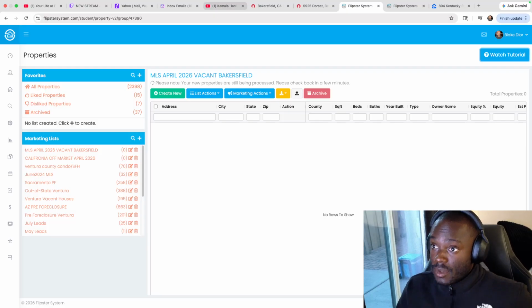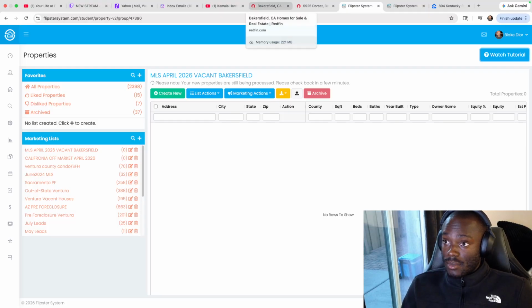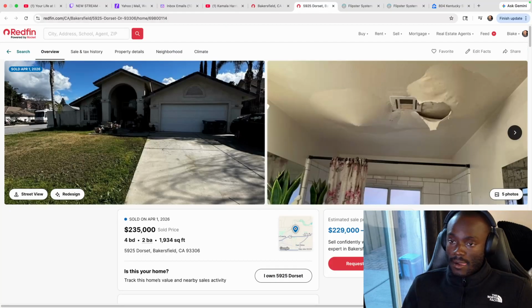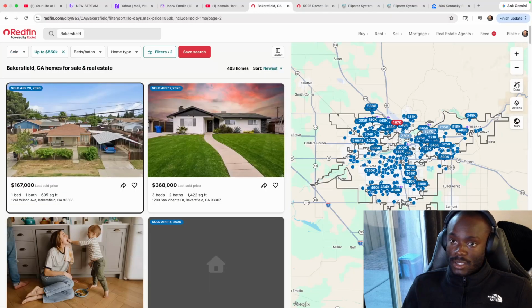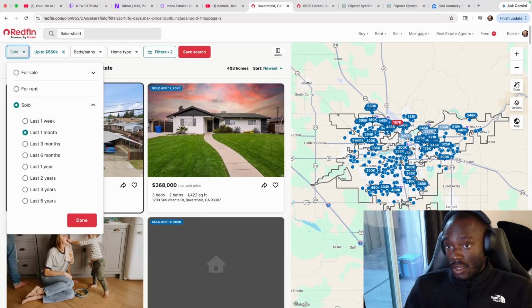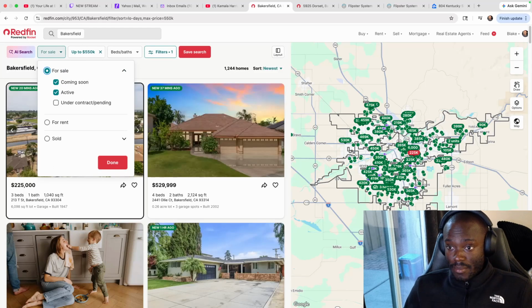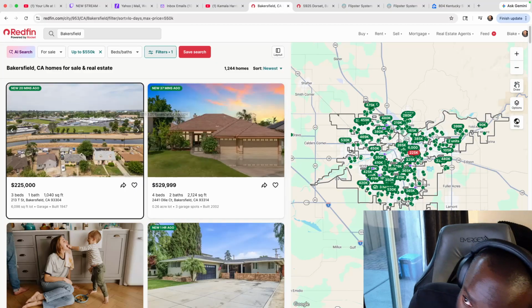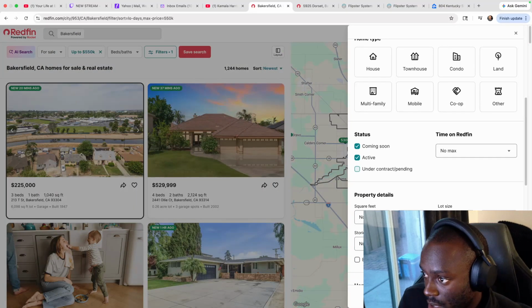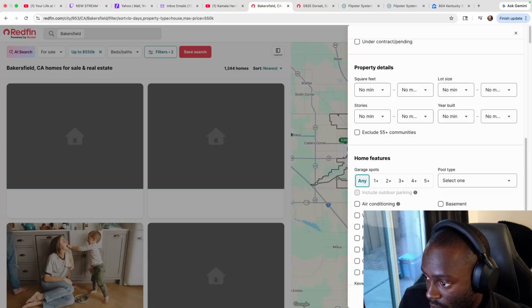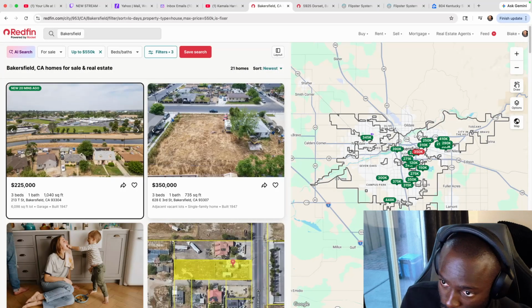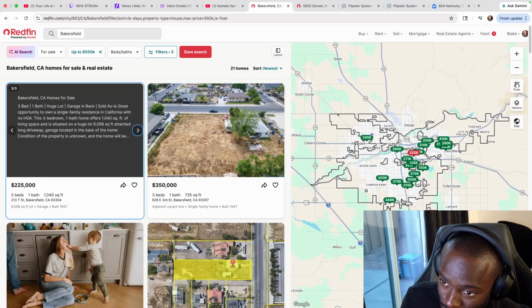We gotta wait. In the meantime, I'm going to go look at some on markets like I was doing already. On markets in Bakersfield. I think Bakersfield is a tight market. We want fixers. I'm going to look at houses and I'm going to put fixer uppers. It shows 21 homes. I don't want anything that's already fixed up. I want something that needs to be fixed.